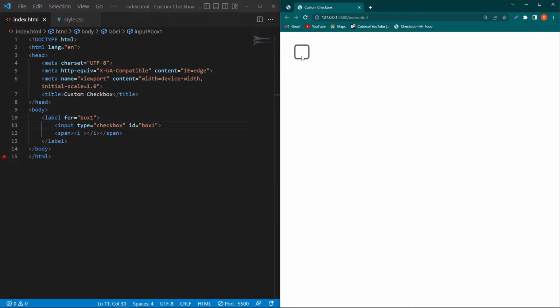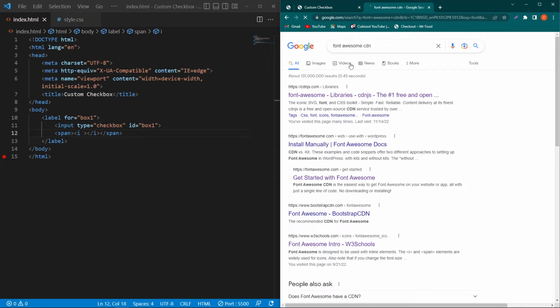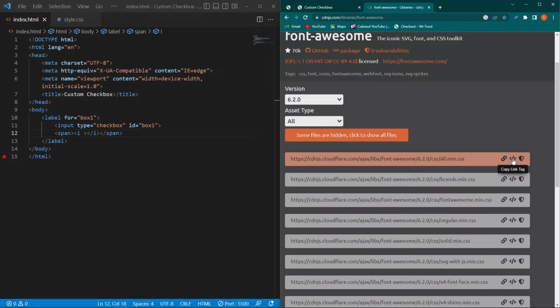So you can see that this is our checkbox, and you can see that I have zoomed in my web page to 300%, so you can see the output more clearly. So here we have to use a Font Awesome icon, so add the Font Awesome CDN. Just search for Font Awesome CDN, click on this first website. The website name is cdnjs.com, and from here we have to click on this copy link tag and paste this